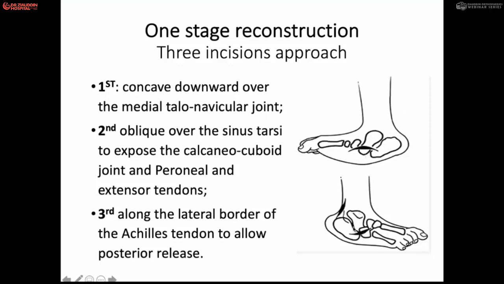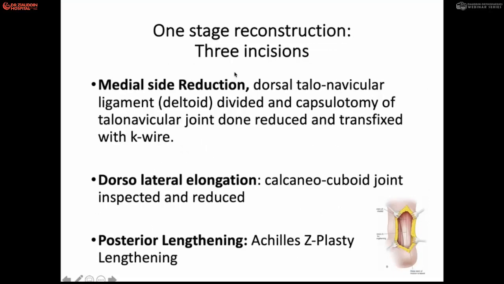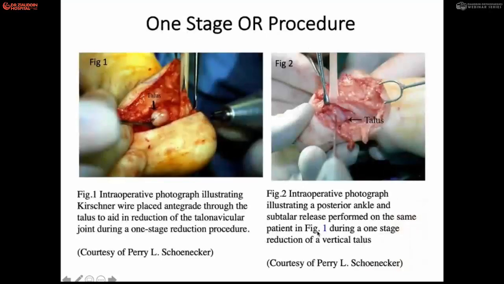When you do the lateral side, you may need a peroneal lengthening, or you could do a fractional lengthening at the leg side. And then the third incision is a posterior capsulotomy of the ankle and lengthening of the tendo Achilles. So, one stage reconstruction, three incisions. Again, we already discussed these: which joints, lengthening over the deltoid ligament and the dorsolateral correction, calcaneocuboid inspection, and reduce posterior TA, and the posterior capsulotomy has to be done. This is the example of the one stage procedure by the Cincinnati method, the modified Cincinnati method.